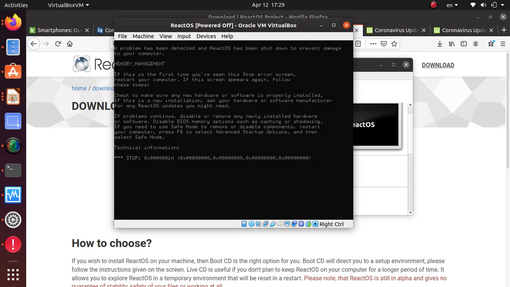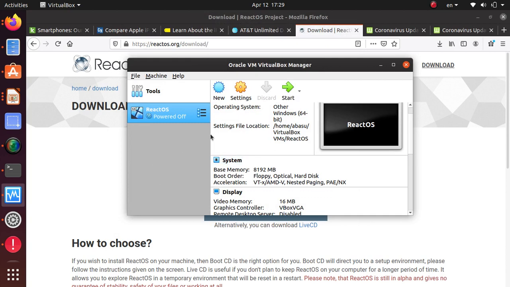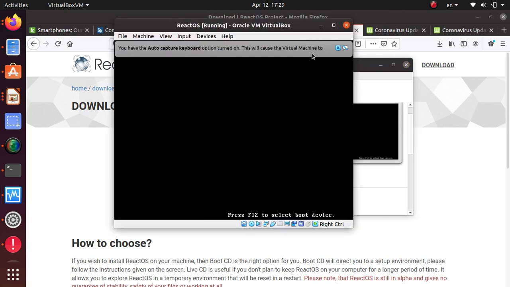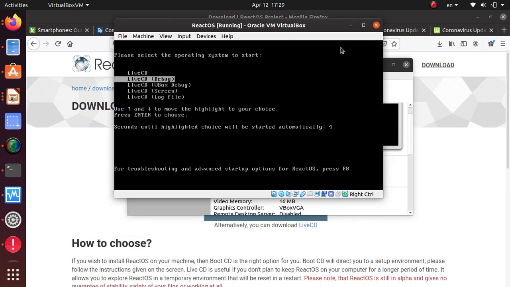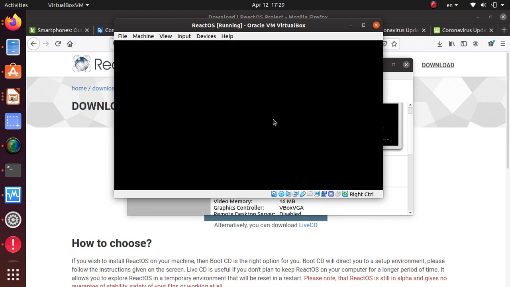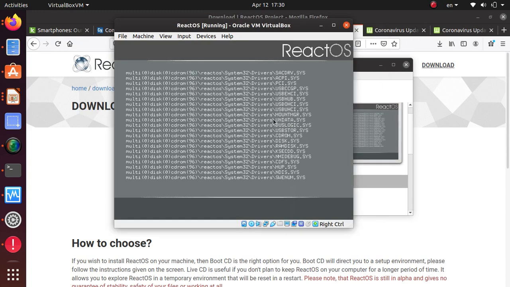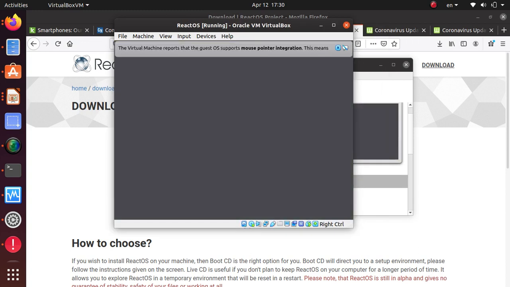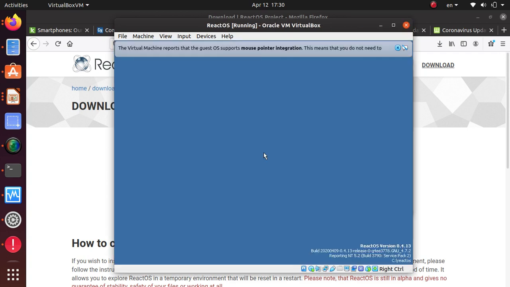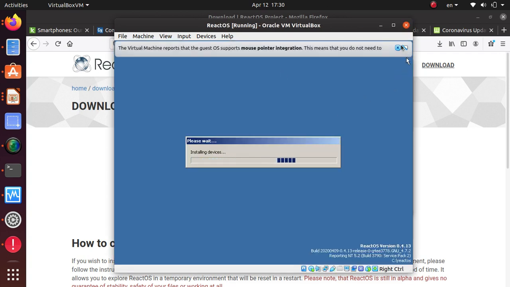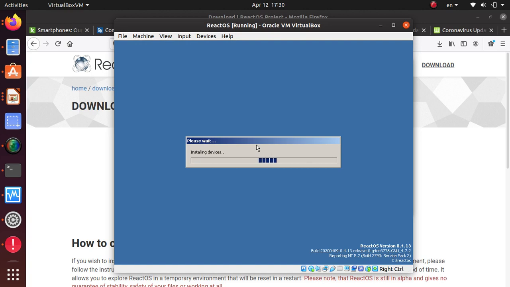Let's power off the machine, and we're going to restart it one more time and see what happens, because I tested it a little bit ago and it didn't have any problem. Okay, so let's do this one more time and see if I get the same problem. Alright, so it's coming back to the same place,